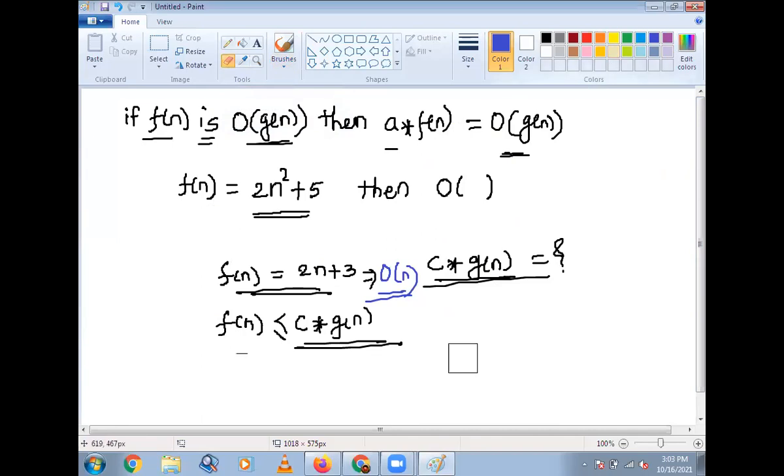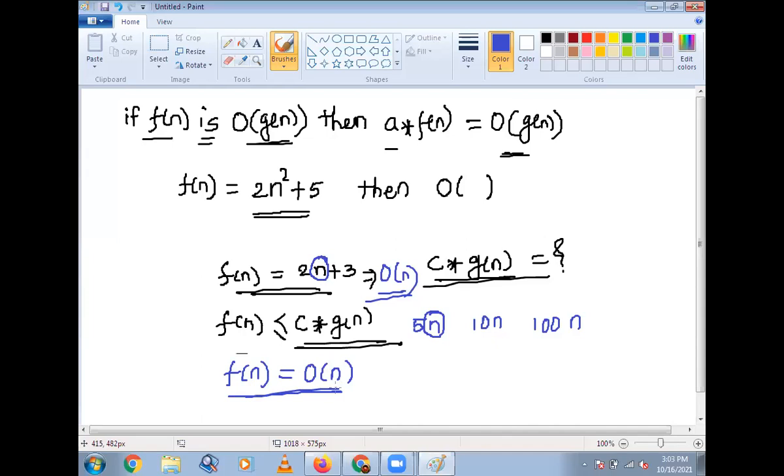Okay, here we have taken c into g of n as 5n, or any constant greater than 5 we can take. Suppose someone has taken 10n, it is also right. 100n, it is also right. Okay, but what is the variable? So that is f of n. Instead of this, I can write f of n is equal to order of n, because here the variable is n, here also the variable is n, and that's why here I can write f of n is equal to order of n. See in this property also,